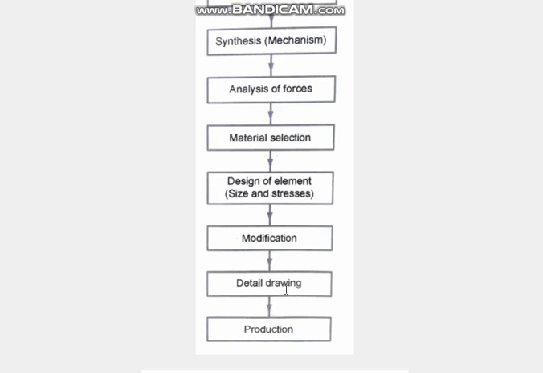So that is the detailed drawing, and finally comes production. Earlier in design, you may have made only one sample, which is not on a large scale, whereas production will be on a large scale. Suppose you are going to produce 1,000 washing machines. Now you have to make a production line, and you should be able to produce it. So these are the various stages in the general procedure of machine design.